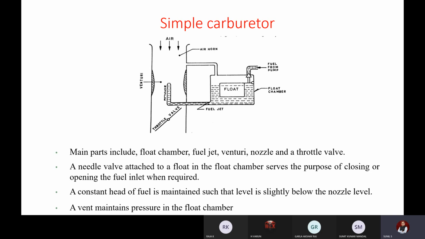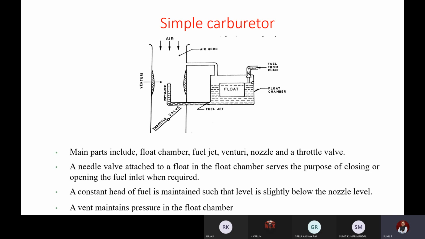The fuel comes out here and mixes with air, and through the throttle, when it is opened, this part will be directly connected to the inlet of the IC engine. This is the fuel reservoir or tank. There will be a float to alter the pressure here, and whenever there is excess fuel, a vent is given so that it will be led to this chamber. The float always exerts pressure on the fuel here. So this is the fuel reservoir, this is the main chamber, through this nozzle fuel enters, and this is the air entry.